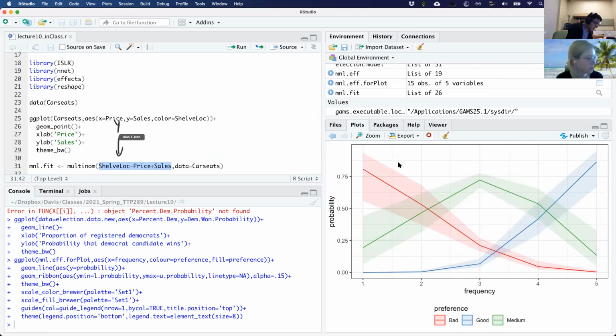So this is our y, this is x1, this is x2. It's not the greatest model, but it's one where I have this available data set on hand to show this. But it's basically saying, if you change the price and the sales, how does that affect the shelf location of the baby car seat?